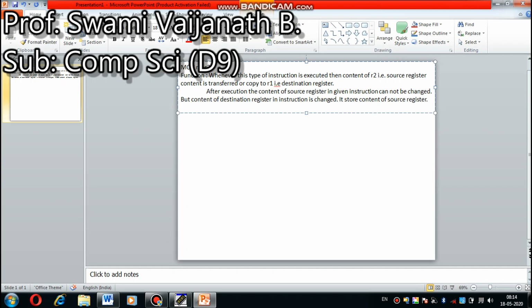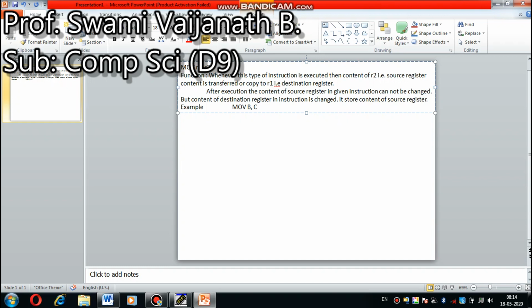For example, suppose I have a given instruction like this: MOV B, C. Here C is the source register and B is the destination register.